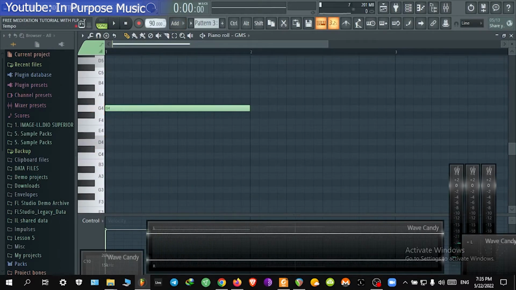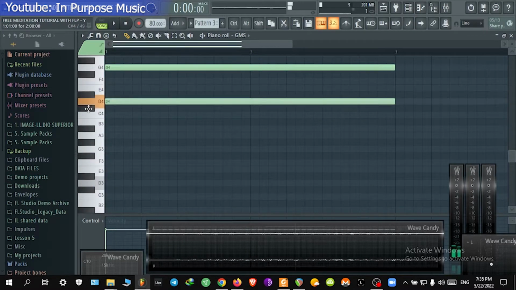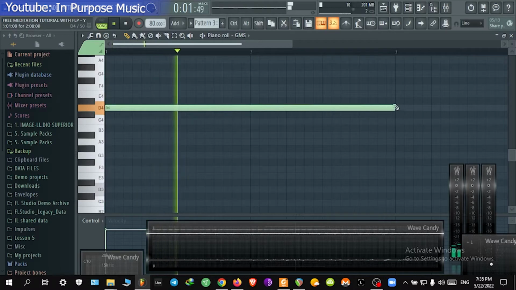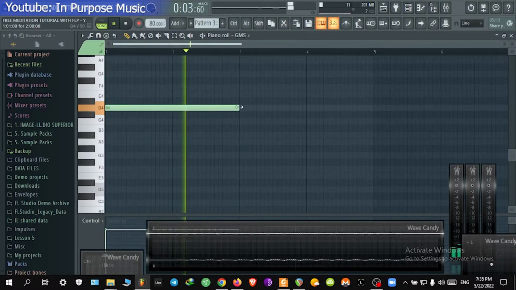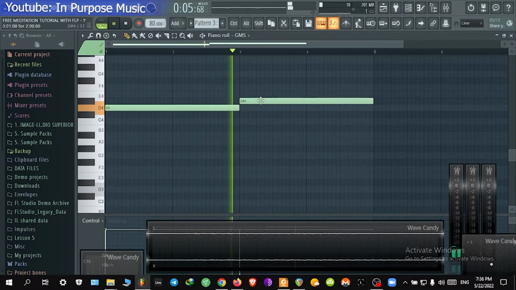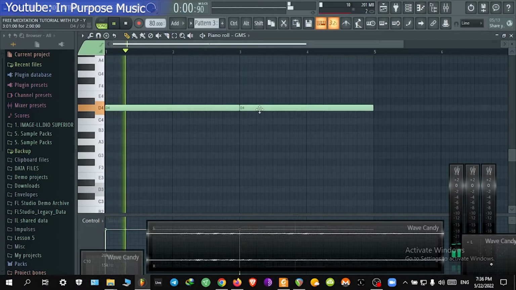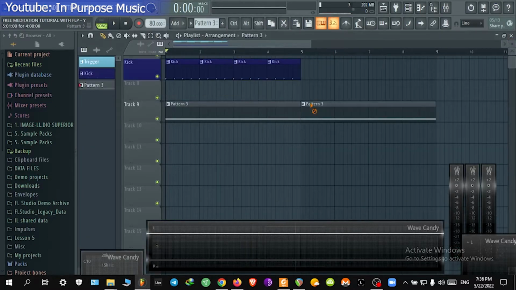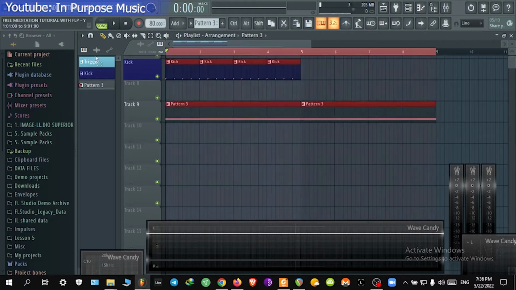I think this is still fast. Let's bring this even more, much more lower. Let's extend this note and let's make an 8-bar loop,